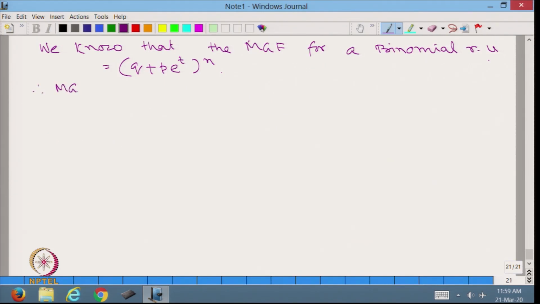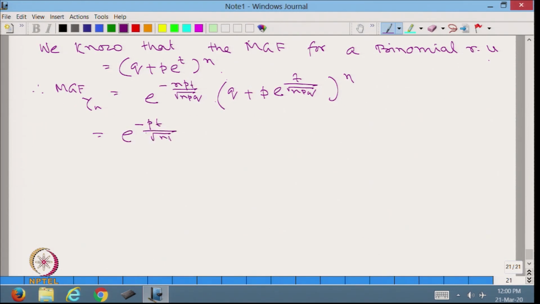Therefore, the MGF of Y_n is equal to e to the power minus npt upon root over npq multiplied by (q plus p e to the power t upon root over npq) whole to the power n, which is equal to